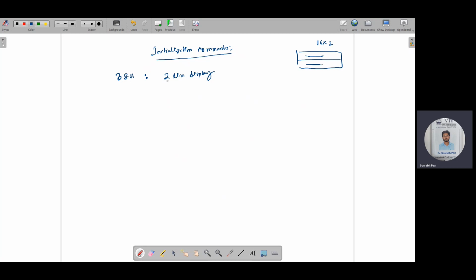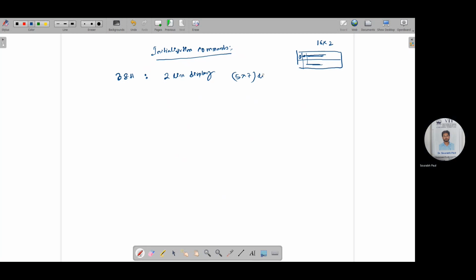Two-line display means you can use two rows for the display purpose. There will be 16 columns and two rows, and each character will be represented by